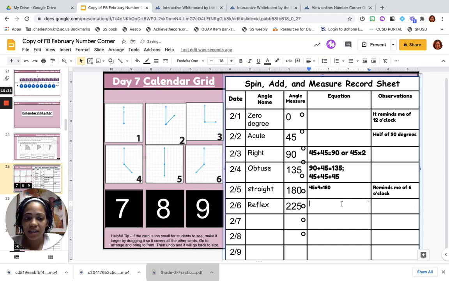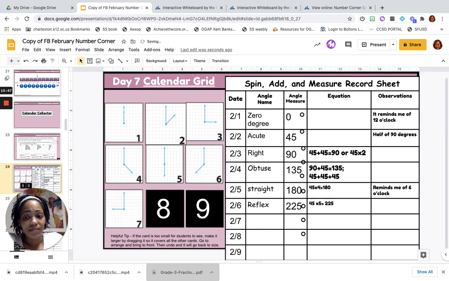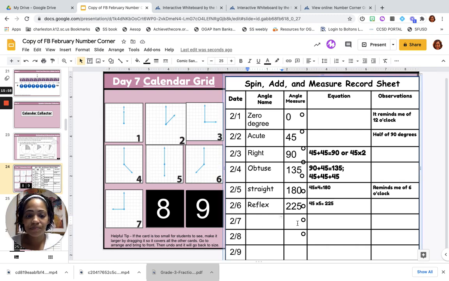And I know I'm adding another 45, so I could say 45 times 5 gives me 225 degrees. So what do we guess the 7th is going to look like? Yeah, it looks like 3/4 of our way. 90 degrees plus 90 degrees plus another 90 degrees. Or 90 times 3, which is